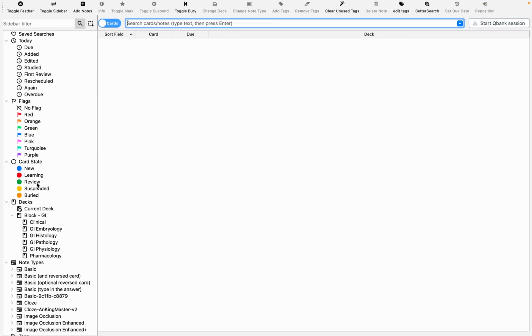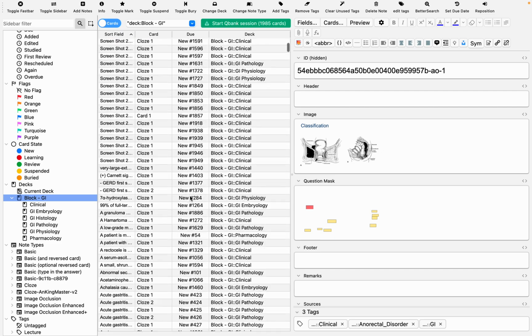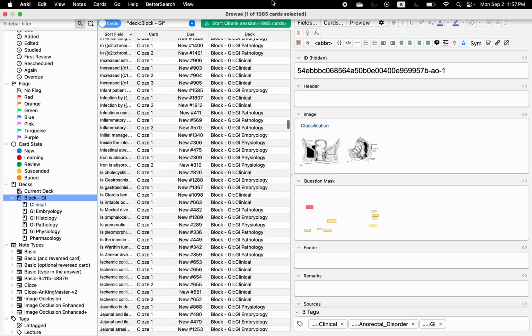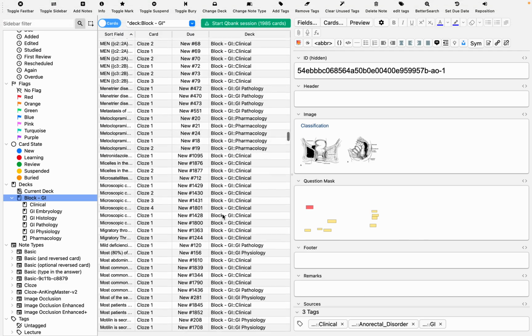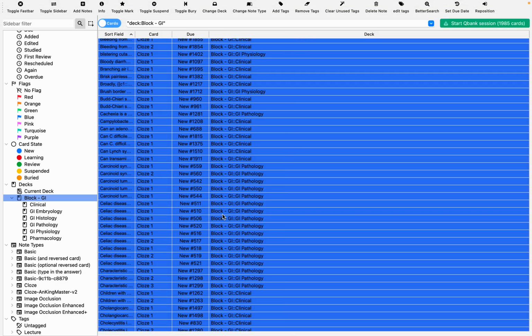So go to your browser and go to the deck in the browser over here. And then you'll see here are these, hey, look, 1,985 cards. Great, that's excellent. That means we've got the download correct. What I want you to do is highlight all of them. You can just use Command A and then either click suspend up at the top here, or you can hit